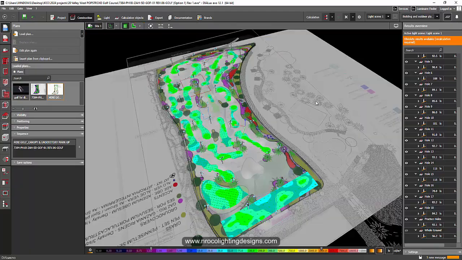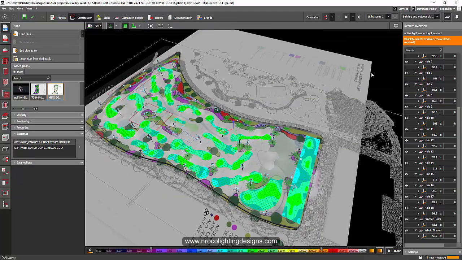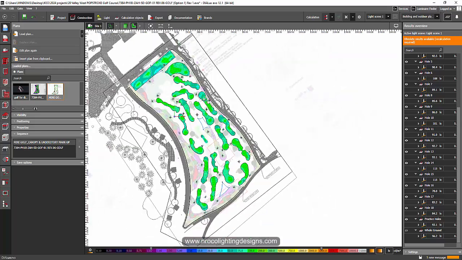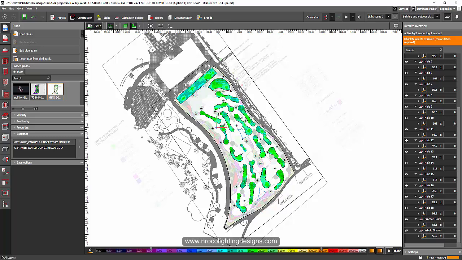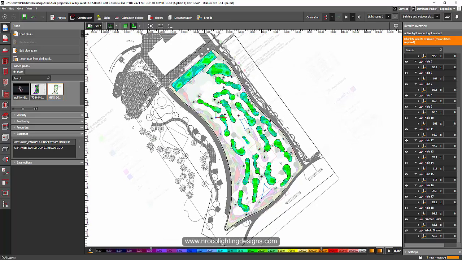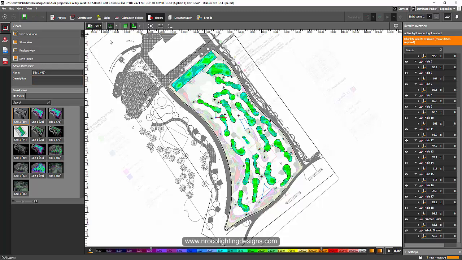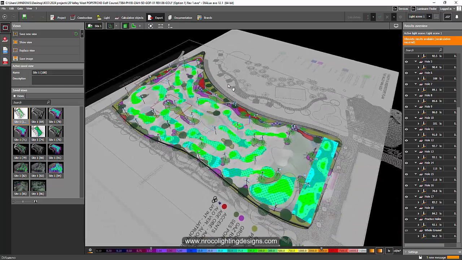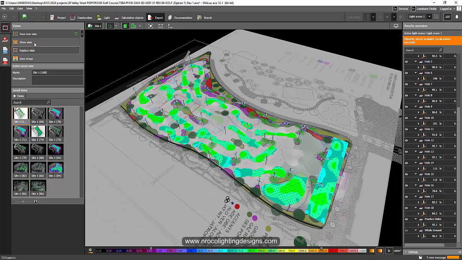Just go and play with display overview and you will have your false color on the 3D and even in the plan. And you can actually save this image or view. Just go to the export tab and then press save new view. You can also do that in the 3D view, of course, like this one, by showing the false color for every green. Save new view. Double click on the tab. Now it's saved.